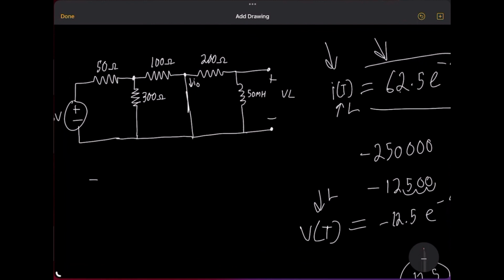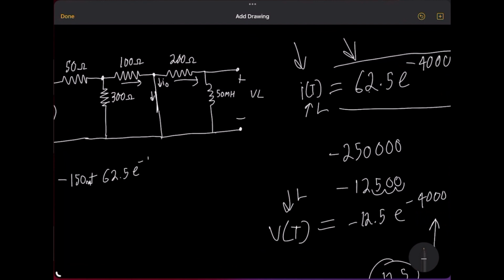Instead of just doing it for the right of 0, we're going to do it as time passes. So negative 150, KCL is the current coming in here. We want to solve for the one going down, plus we have this one going this way, which is I of t. We're going to write our function that we have: 62.5. This is all milliamps, by the way. e to the negative 4,000